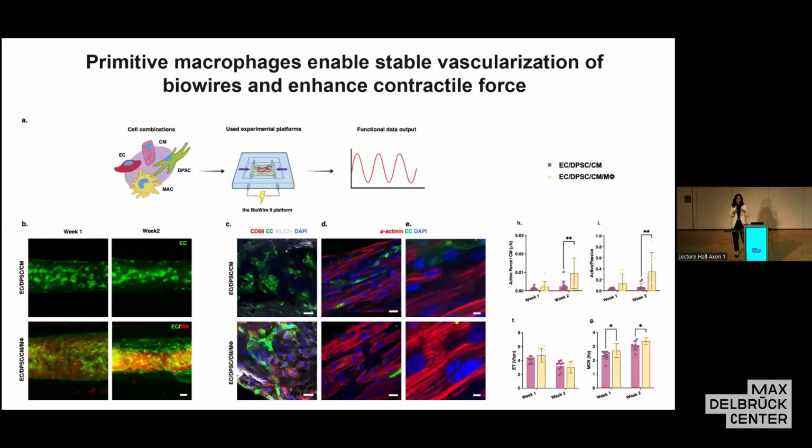Here, we also use that BioWire as an assay just to figure out how macrophages contribute to contractility. And we can see that despite this being non-intuitive, you're adding more non-myocytes, you're diluting cardiomyocytes, actually, the tissues with macrophages beat quite well, better than the tissues without macrophages. And you can see they have really nicely elongated